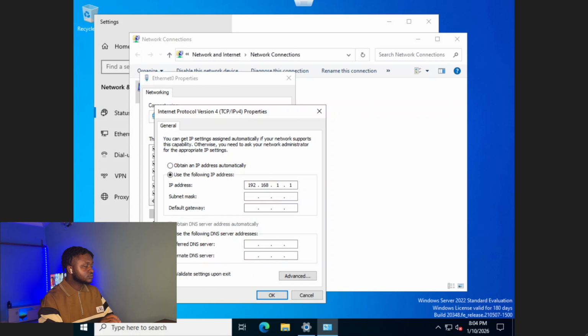192.168.1.1. Let's say .1.1.1, yeah. And that will be the subnet 255.255. And the gateway would be 192.168.1.1. And